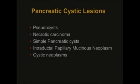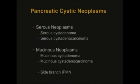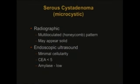And there is a wide variety of pathologies that we need to deal with, and oftentimes the challenge for us is to be able to distinguish one pathology from another preoperatively so we can determine the most appropriate treatment plan for those individual patients. But when it comes specifically to pancreatic cystic neoplasms, basically, as we all know, there are two main categories, serous lesions and mucinous lesions, and it's really the mucinous lesions that we focus